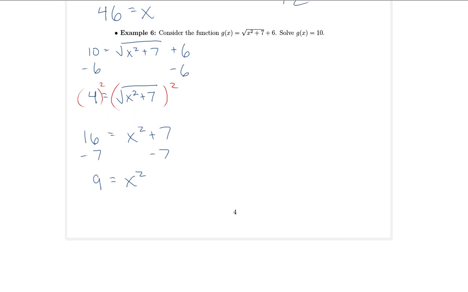Here we actually have a much simpler situation. We're missing the middle term. So if you're missing the middle term, what you can always do is just get the x squared on one side and the constant on the other, just like we have, and then undo the squaring, okay? Well, we kind of already know what to do there, right? Because when we wanted to undo a square root, we squared it. So if I want to undo a square, I should probably square root it. So here's what happens. We get x, okay? So undoing the square is going to be equal to